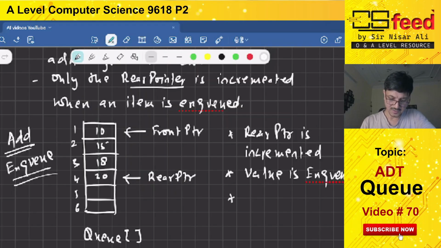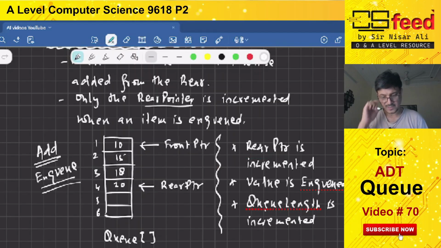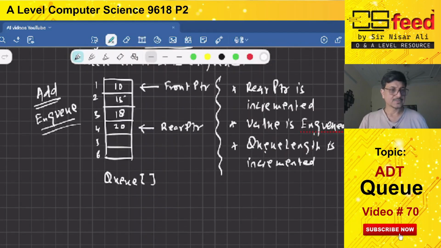Number three, the queue length is incremented as well. So these things we need to do when we add a value. All right, so whenever the value is added, we need to consider these things: the rear pointer is incremented first, the value is enqueued, and the queue length is also incremented. Okay,